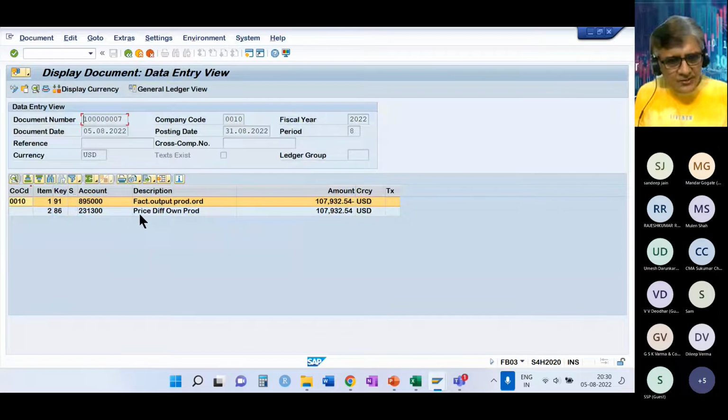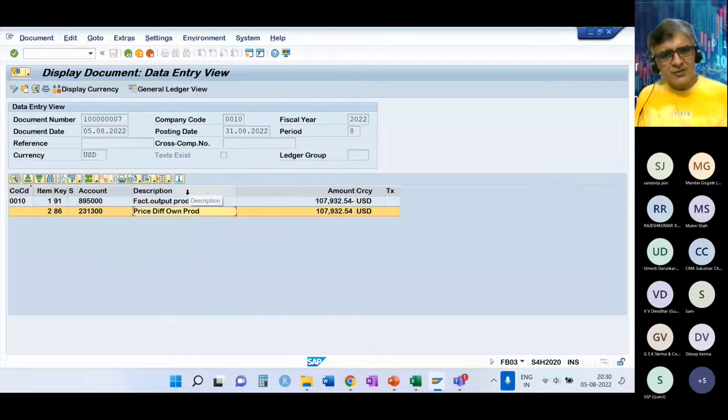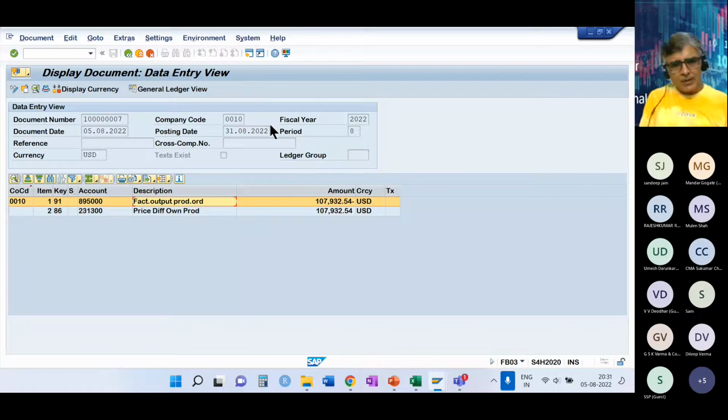It has debited factory output production order, which is the COGM account, and debited the price difference on production, which means that this is where our standard cost was less than the actual. That is because we have actually used more material and more activity time. So our actual cost is higher, which is why it is debited to the price difference account as an expense and credited to the COGM account.